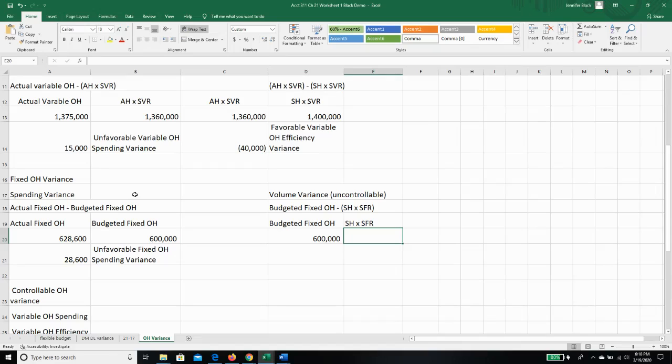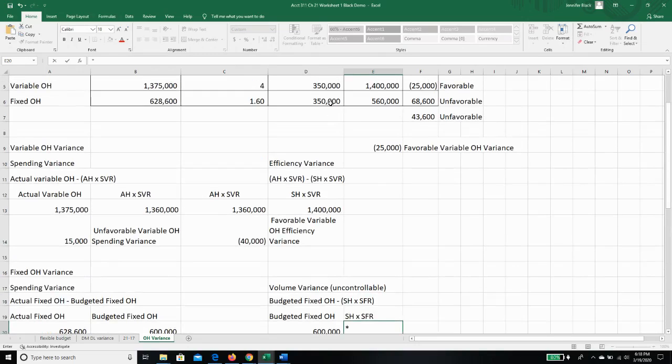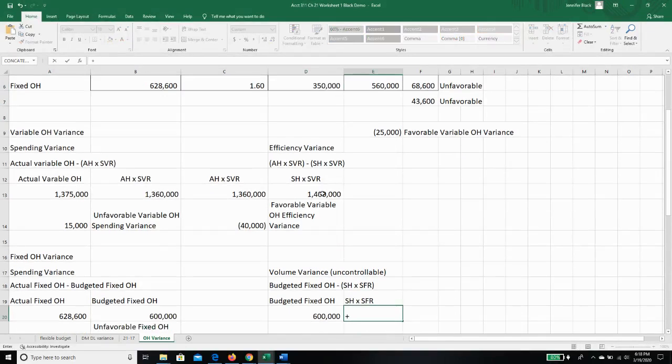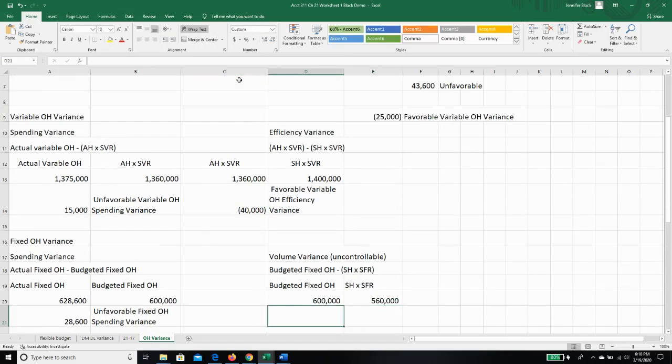And our standard hours times our standard fixed rate is our 350,000 times, actually, let me link these so you'll be able to look at it, times our standard rate of 1.6. Oh, something bad's happened. Let's undo that. Okay, so we're going to go down here and it's going to be our standard hours times fixed rate of 560. And when we do the math on that,